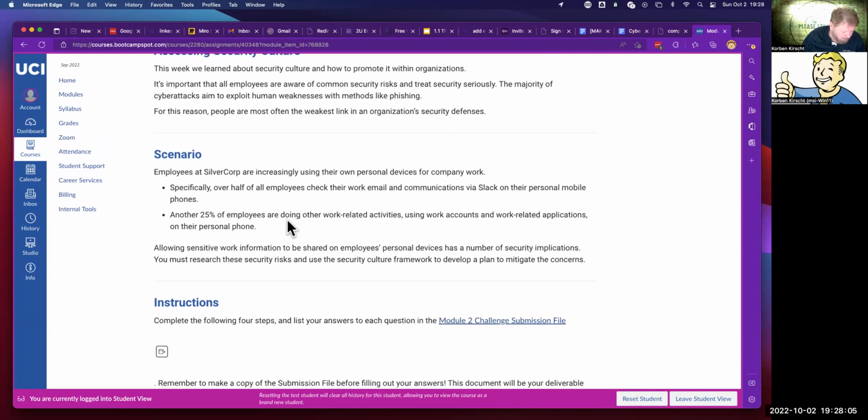In this week's scenario, employees at Silvercorp are increasingly using their own personal devices for company work. Specifically, over half of all employees check their work email and communications via Slack on their personal mobile devices. Another 25% of employees are doing work-related activities using work accounts and work-related applications on their personal phone. Allowing sensitive work information to be shared on employees' personal devices has a number of security implications. This week, you must research these security risks and use the security culture framework to develop a plan to mitigate